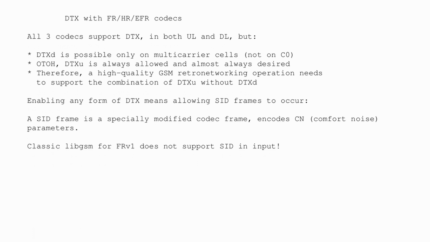So you have a multi-TRX. I guess it's really not so much the TRX as how many frequencies you have, how much spectrum you have allocated to your cell. So if you have a cell with more than just your BCCH carrier, with more than just T0, then you can enable DTXD to where you physically turn off TX power during times when there is